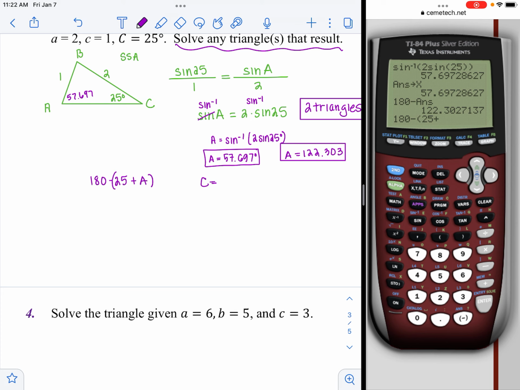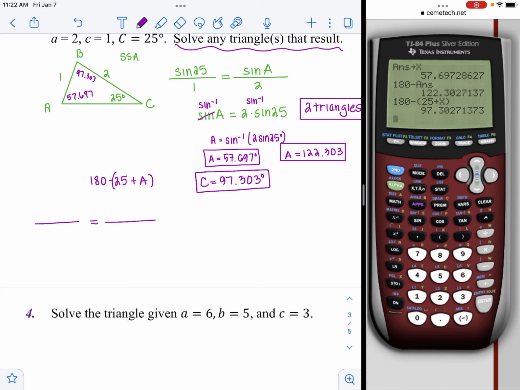And then I need angle A. Remember, angle A is at 57.697, which is stored as X. So I'm just going to hit X right there. And I get angle C is 97.303 degrees. So 97.303. All right, now I just need side B, so I'm going to use the law of sines to do